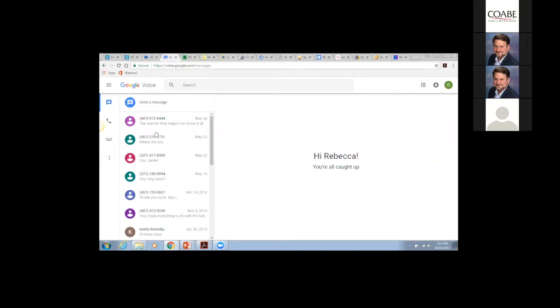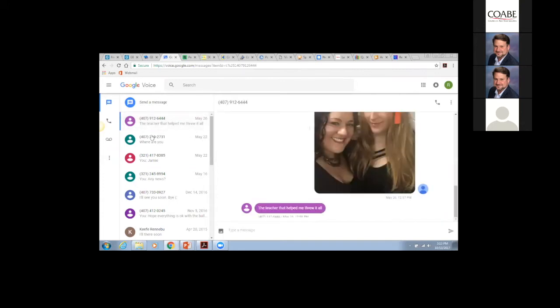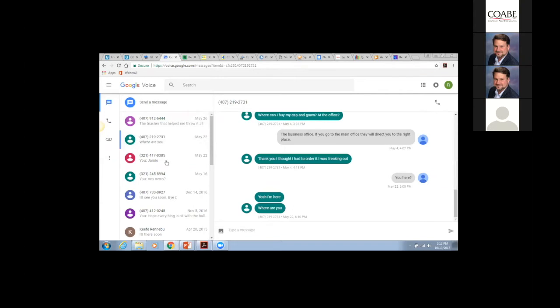You can see all my text messages here. And this is a website. I can also hook it up to my smartphone as an app, and it works just like any other text messaging app that you're already using. It also works just like your regular text messages on your phone, where you can interact with students. But the really great thing is that you can give them a phone number that has absolutely nothing to do with your personal life. And I find that it's a nice barrier between you and the students, and your personal life, but you have the capability to just text them from your phone if you download the app, or this is me sending graduation pictures to a student,